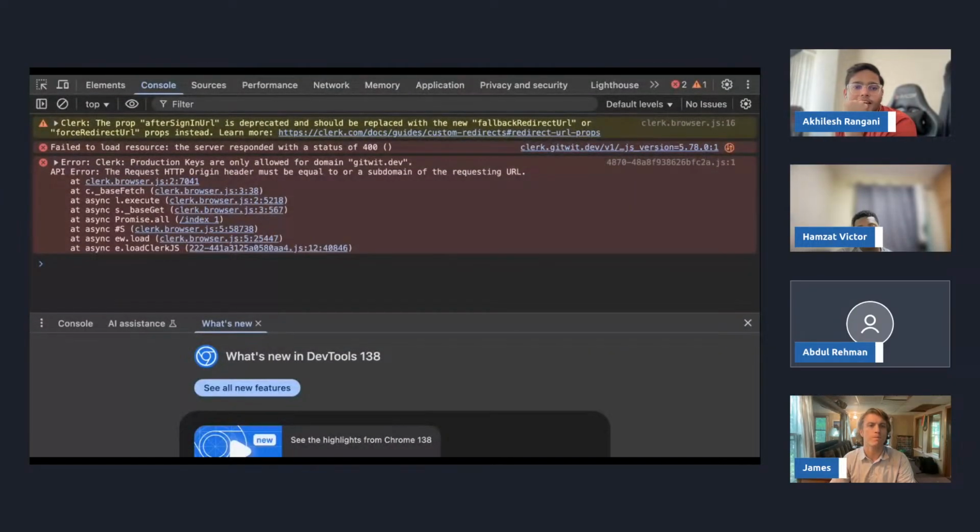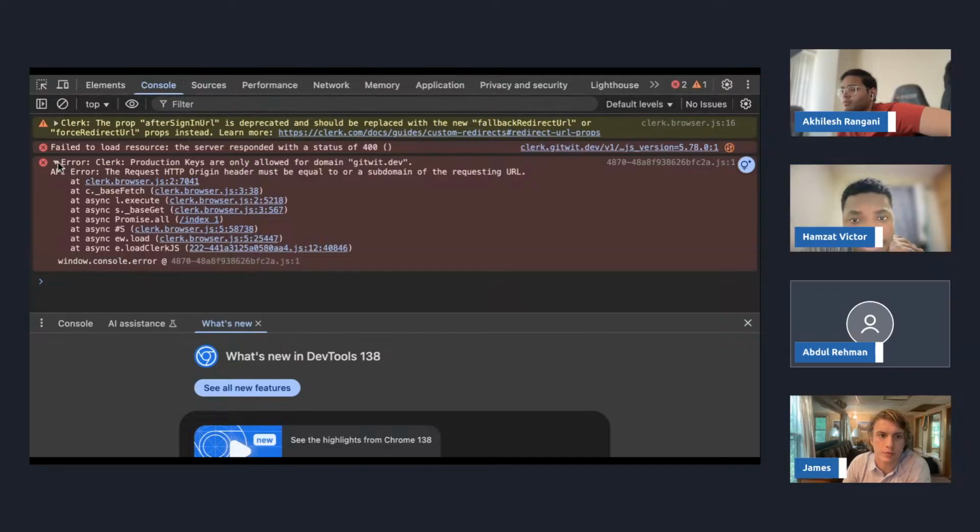Check this out. Can you see this? Oh, yeah. So Production keys are only allowed for domain GitWit.dev. Yeah, so there is something called satellite domain on Clerk, which is